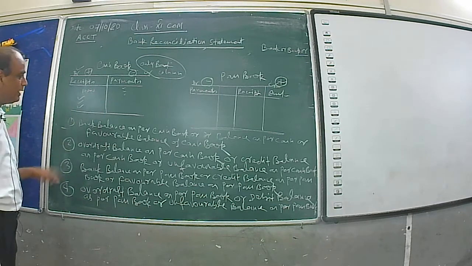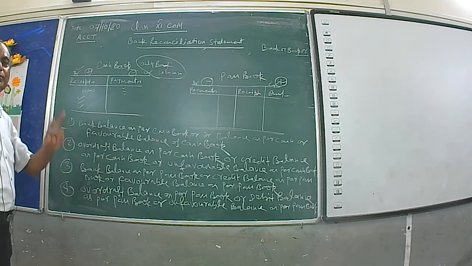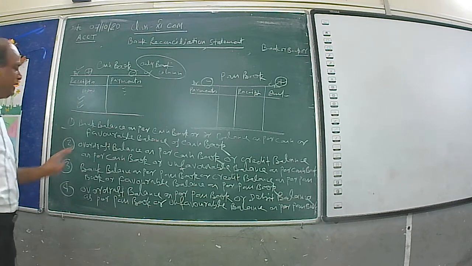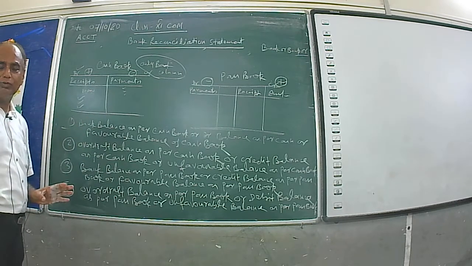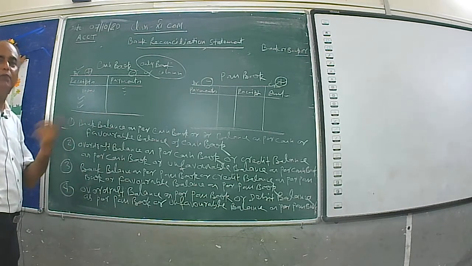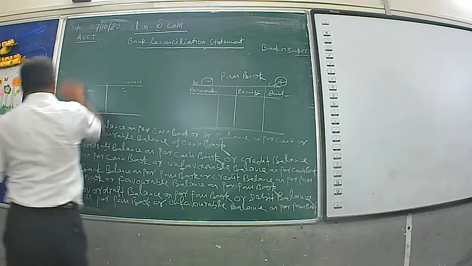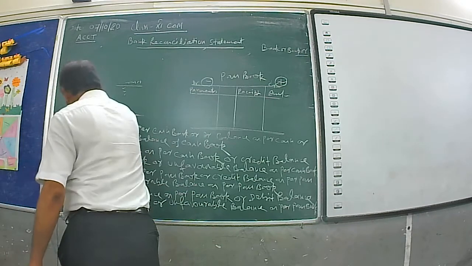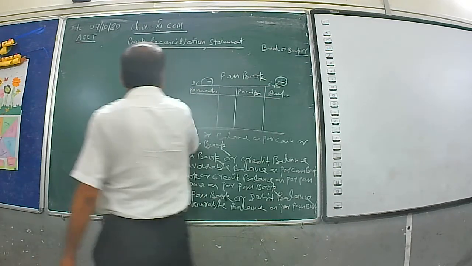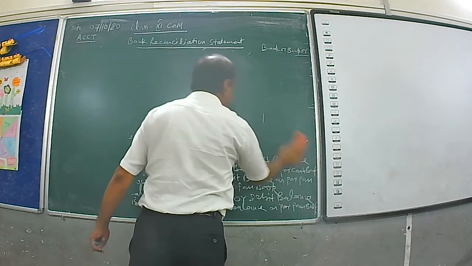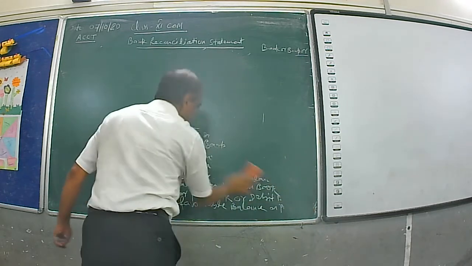Any one of them may be given in a problem. Sometimes two balances are given, bank balance of a cash book and bank balance of a passbook may be given, so one will be the answer. So now see bank reconciliation statement through a problem. I am going to solve one problem. You see,